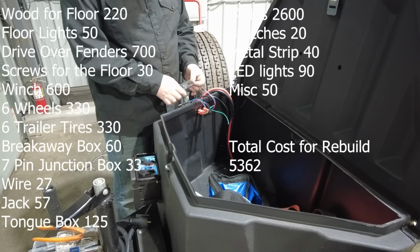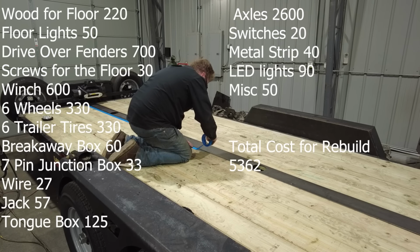The Lippert axles would retail for $2,600, and that includes the axles, the brakes, all the new suspension, everything to rebuild everything underneath the trailer. $20 for the 2 push button switches. The metal strip that goes down the center of the trailer cost me $40. LED cubes that go behind the spare tires were $90. And I'm throwing another $50 in there just for the butt connectors and other odds and ends. That makes the total cost to rebuild this trailer